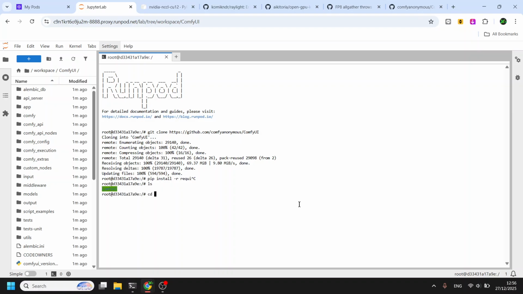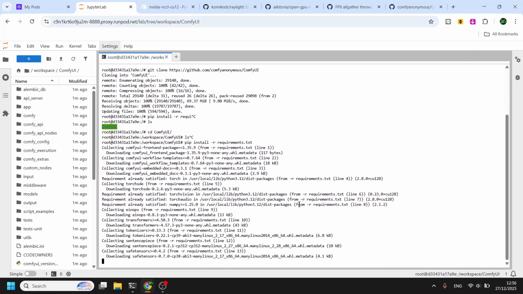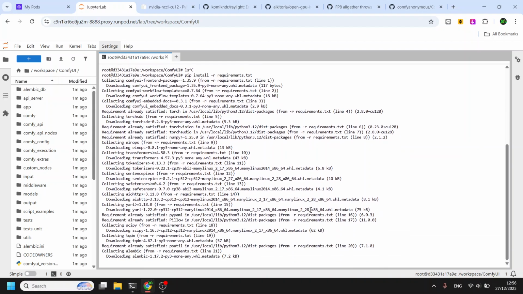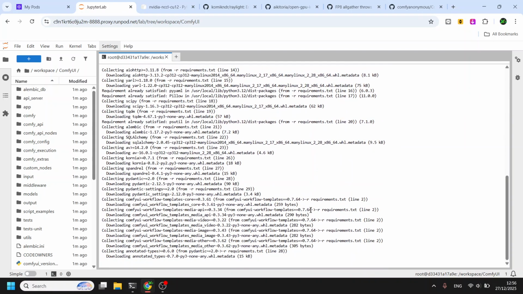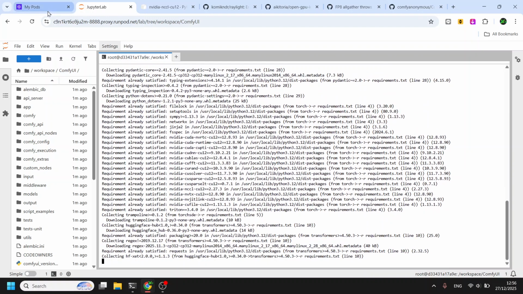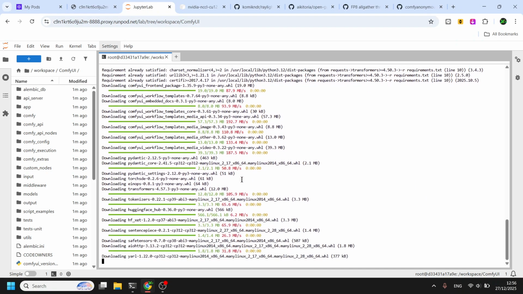Where am I? Okay, pip install -r requirements.txt. Okay, we installed ComfyUI. Let's open this; it will error since ComfyUI hasn't started yet.